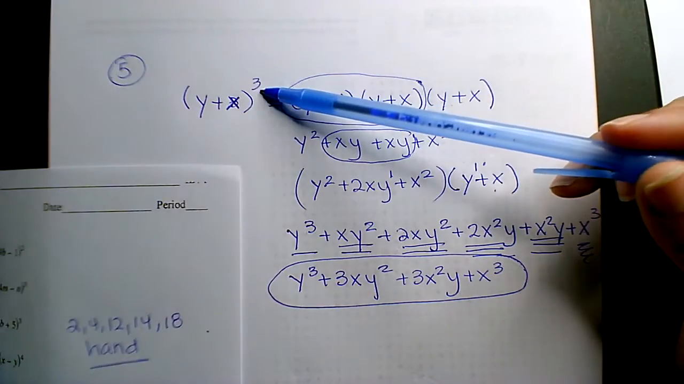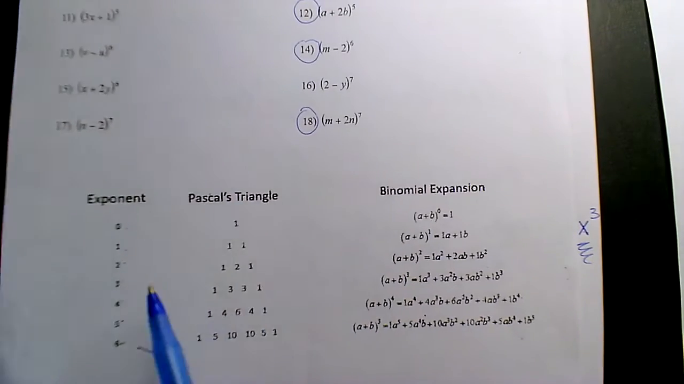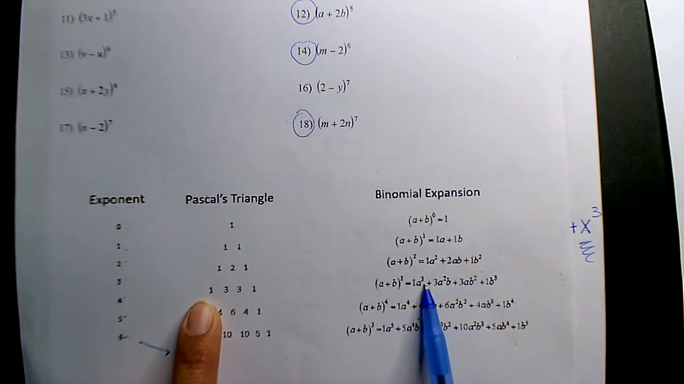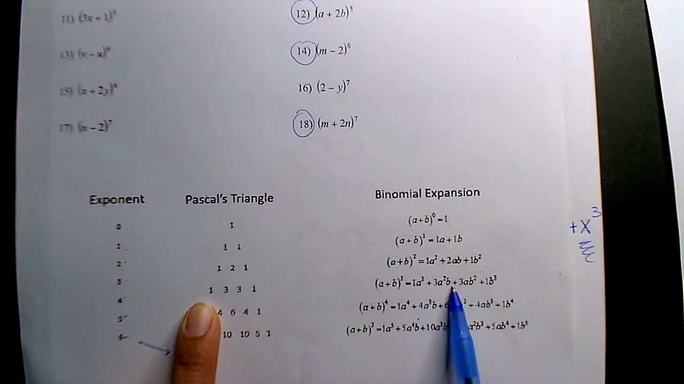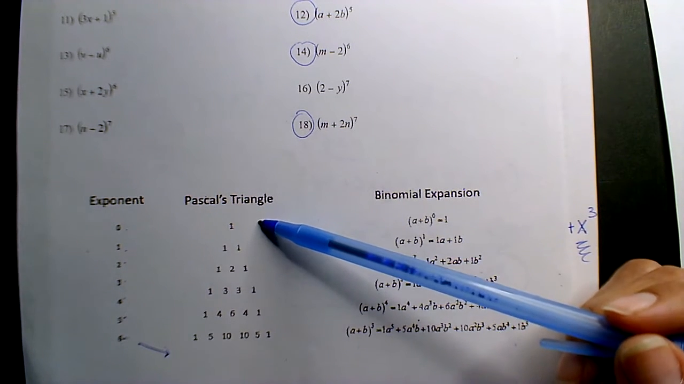Okay, so let's just talk about the one we just did. All right, so we have a 3. So we would be looking at exponent 3. Now, we'll kind of build this, but this is where we are. Okay, we're right here. That a plus b quantity cubed. All right, Pascal's triangle,